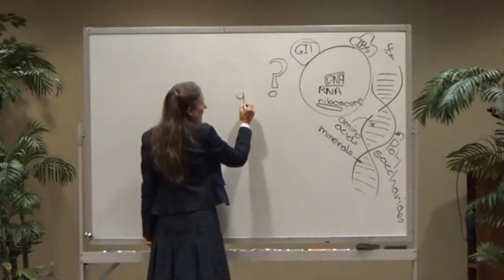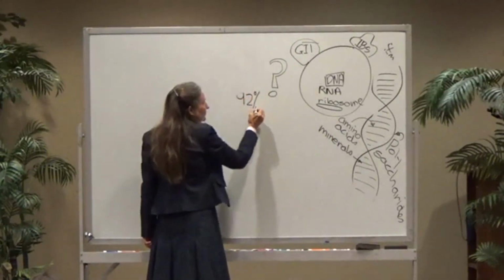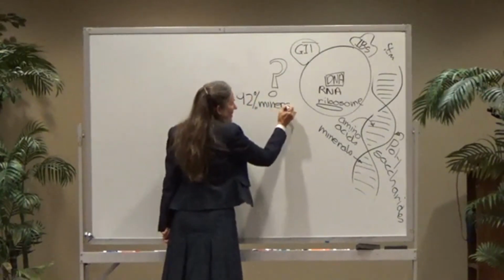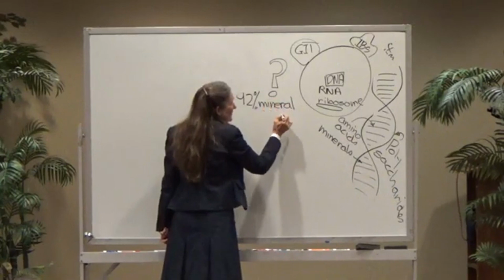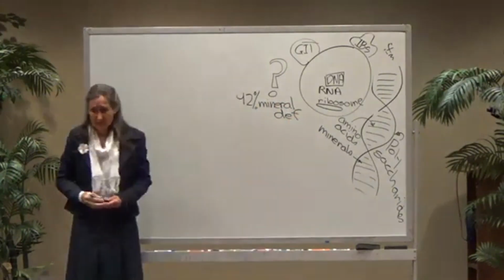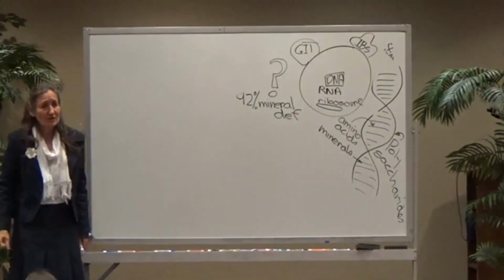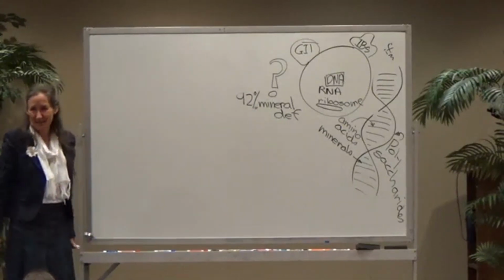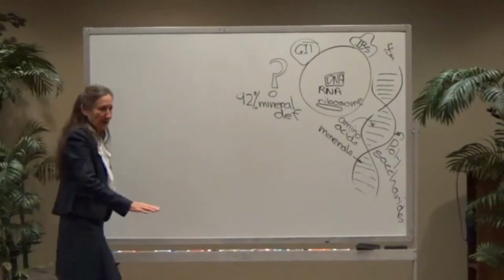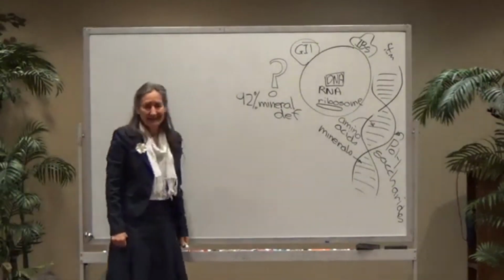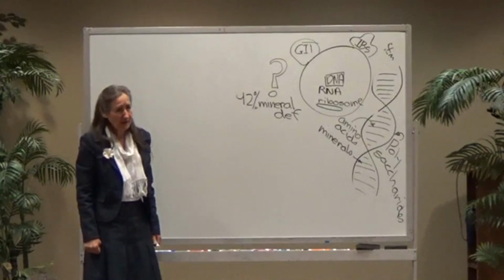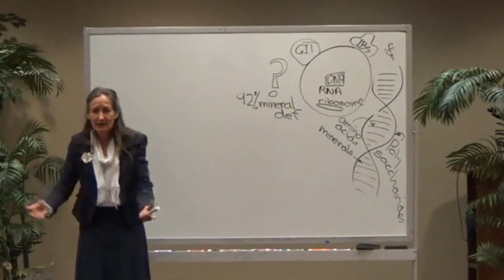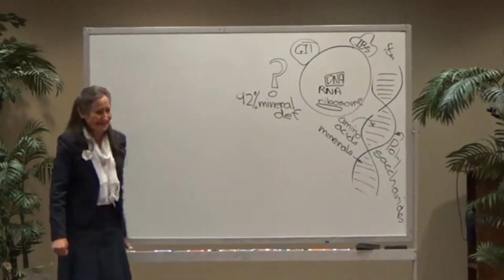92% of DNA damage, the research is showing, 92% is caused by a mineral deficiency. So how could we be mineral deficient? 40 years ago, we didn't know what kale was. We didn't know what rocket was. Notice all these greens are coming along. When I was a little girl growing up in Australia, we had lettuce. I think that's about the only green we had, lettuce. And even then, Mum threw the dark green outside, just had the sweet core.